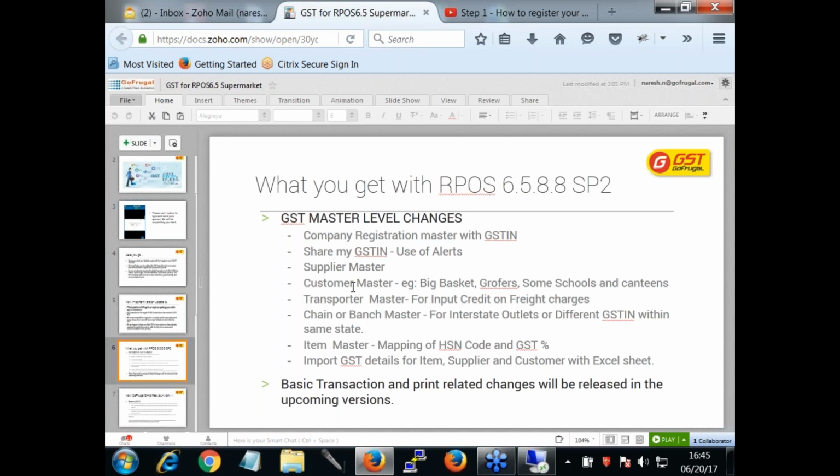And also your transporter master. So for your normal transport that you use, if you want to claim input credit on the freight charges, we have given you a provision to capture the GST identification number in the transporter master of our GoFrugal software. And when you come to chain or branch, if you have more than 2 stores,